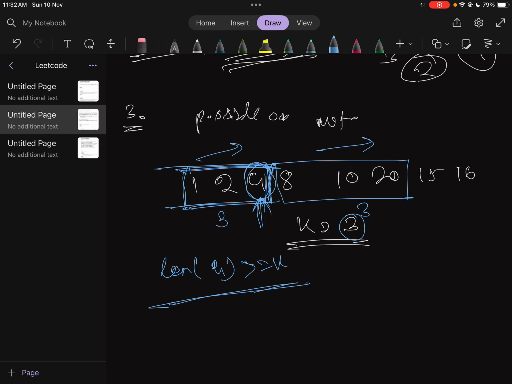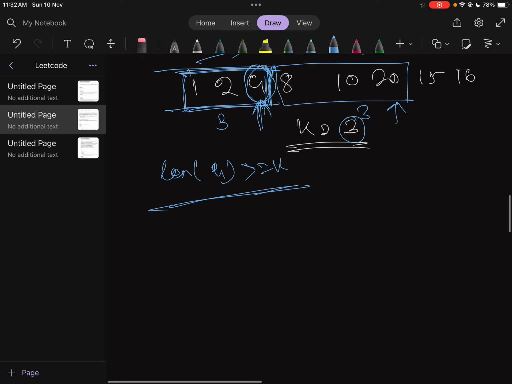Suppose the length of the sub-array ending at 1 is 1, because it is the start and there is no previous number. Can 2 be part of the previous strictly increasing sub-array? Yes, because 2 is greater than 1. If I add it, the length becomes 2.